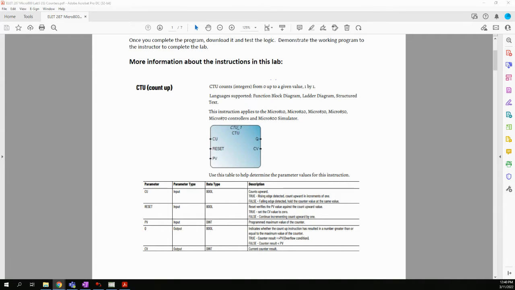Okay, in this video we're going to look at lab number 5, which will be on counters. Counters are used in all makes and models of PLCs. It's a very standard instruction available in any brand of PLC. But a counter, by its nature, is there to count either up or count down, and they are triggered by